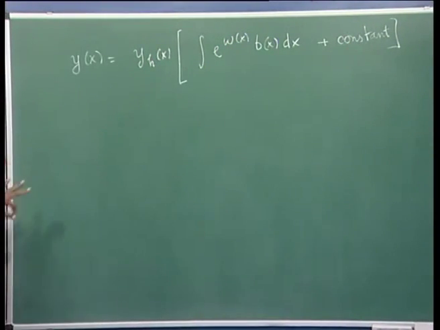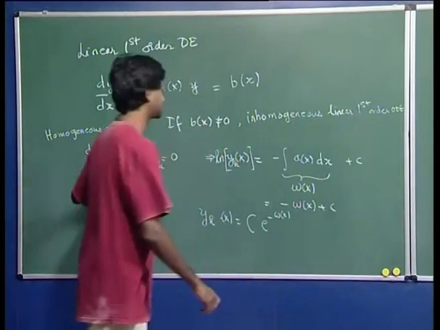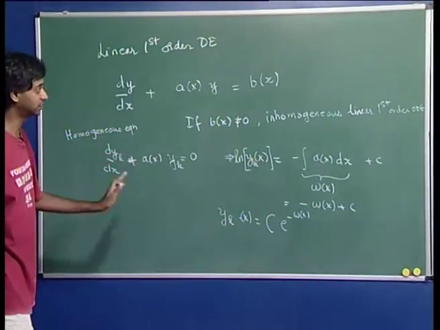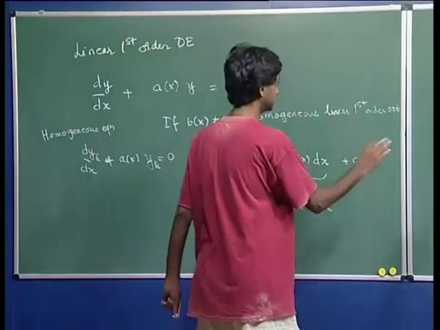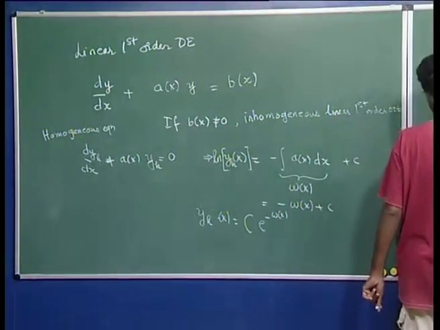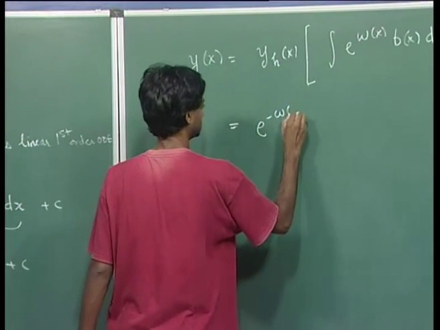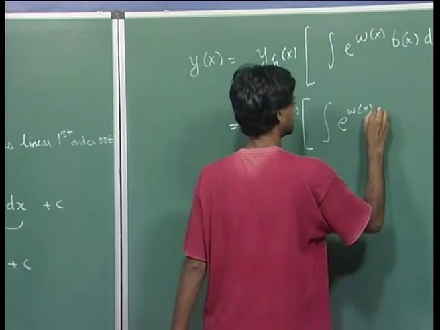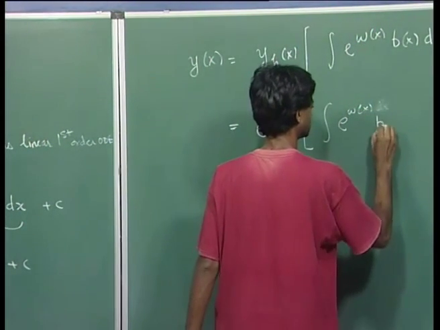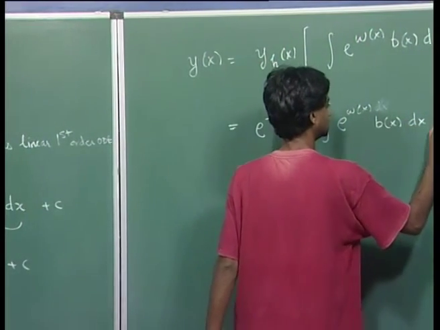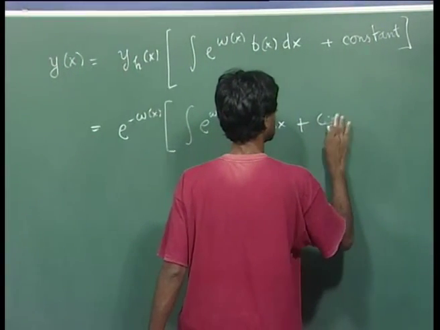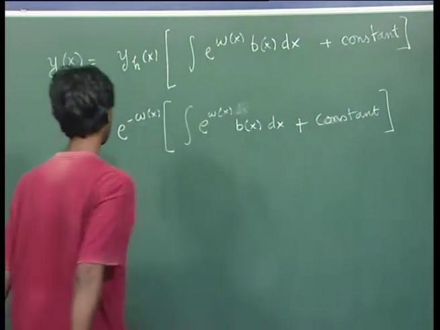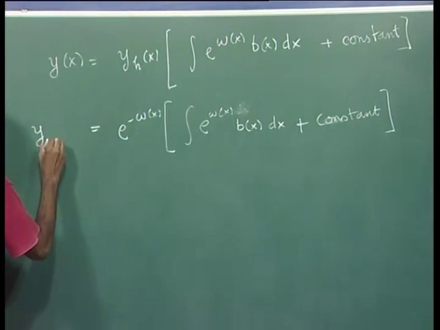Okay. So you can show by the method of integration factors. You look for an integration factor that depends only on x, and you can show that the integration factor will give you this final solution, and so finally you will get e to the minus w of x plus... So this is the general solution